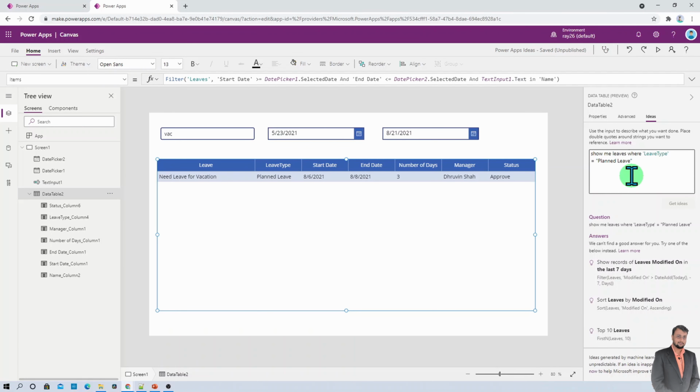At this moment, Power Apps Ideas supports text, date time and number columns. At this moment, it is not supporting lookup, choice, choices, yes/no, file or image type of column. Hopefully in future, we will have support for this type of column as well. So make sure about this thing as well. With this, I think I almost covered everything. So that's all about Power Apps Ideas.